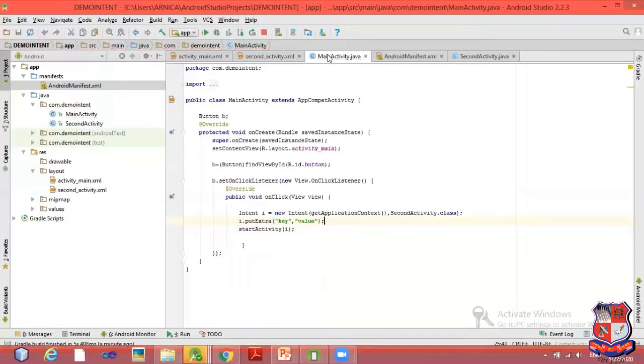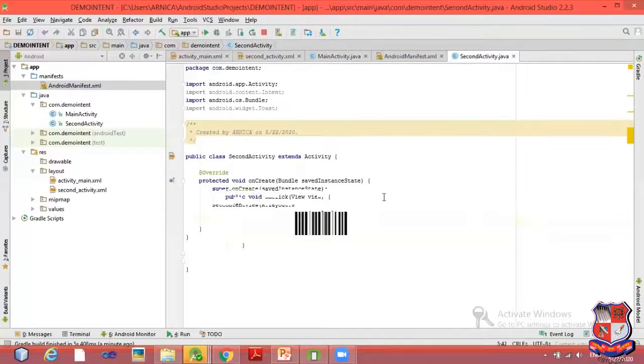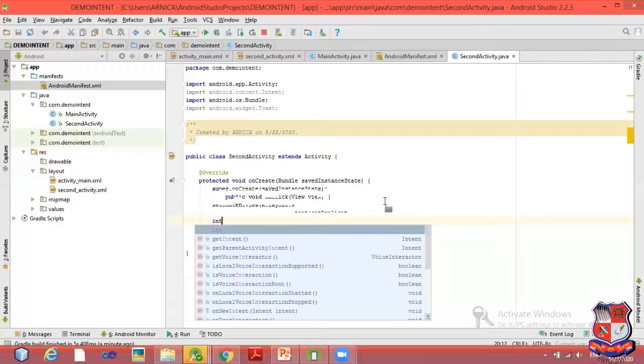So in the second activity file, to access this value, you need to use this key. So for example, I am transferring the name Zane to the second activity. So in the second activity, I will use this key value name to access this name Zane. I know it's a bit confusing. It will be more clear when I code this.